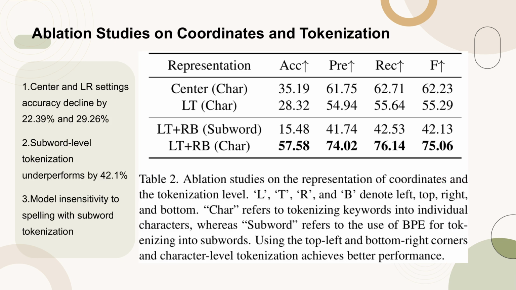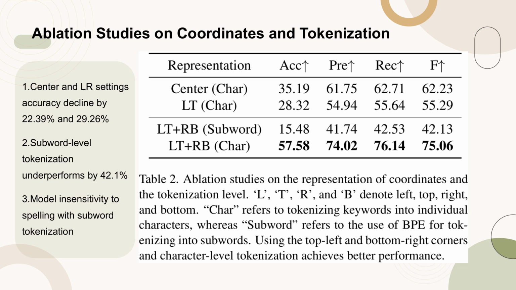Table 2 presents a comparison of OCR accuracy using different tokenization methods on the MarioEval benchmark. It highlights that the accuracy of the center and LR settings declined significantly by 22.39% and 29.26%, respectively, compared to the LTRB setting. Additionally, the table shows that subword-level tokenization significantly underperforms character-level representation, with a 42.1% decrease in accuracy. This method also makes the model insensitive to the spelling of each token, which poses challenges to the text rendering